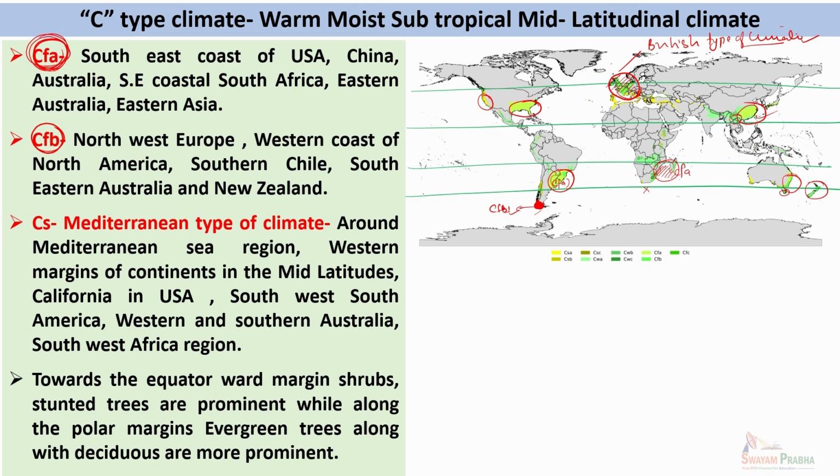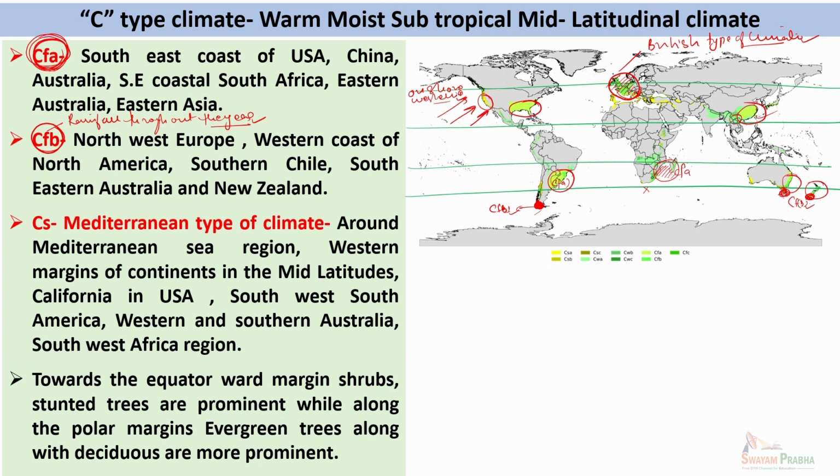And the southeastern tip of Australia around Tasmania and southern tip of Australia experience this type of climate along with the southern parts of New Zealand also. So these two regions experience the CFB type of climate. So regions experiencing CFB type of climate generally have onshore westerlies throughout the year. Therefore, they receive a fair amount of rainfall throughout the year, and hence the F stands for rainfall throughout the year. Okay, because of which these regions also support evergreen type of vegetation.